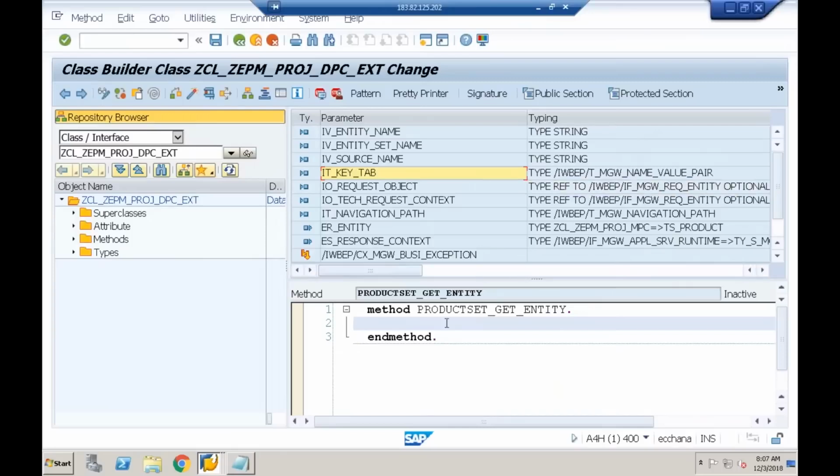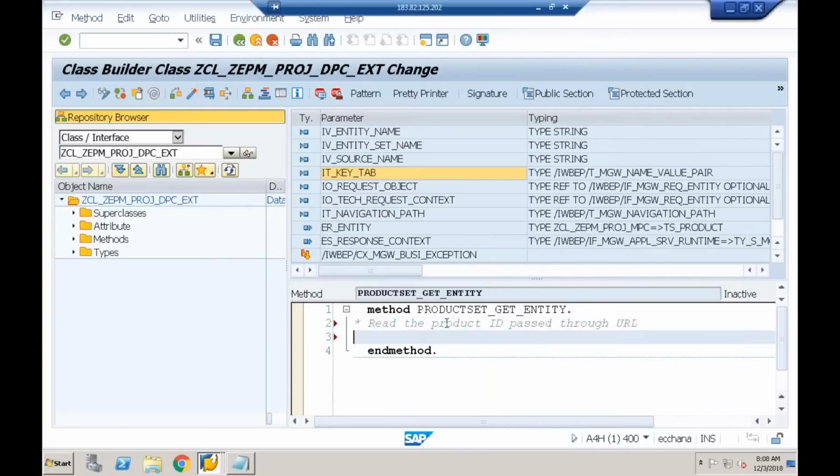Yeah, what I'll do is, in the method implementation, read the product ID passed through the URL. In this case, I know as a developer that my entity contains only one key property. So I'm sure that the consumer has to pass only one input value. Keeping that in mind, I'll declare